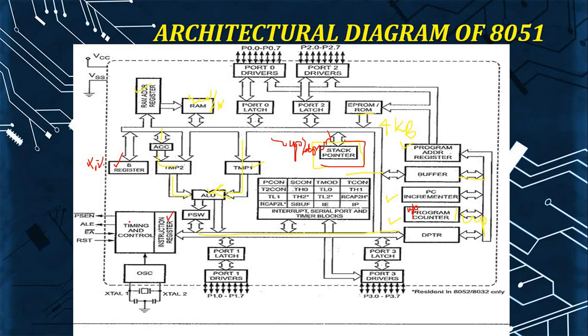What is this timing and control unit? To perform a task in a given timing, we need a timing and control unit. Also the pins for external access enable and address latch enable will perform tasks during external memory access. Whenever data is accessed from the external memory unit, these pins will be enabled. And we also have a reset pin. For every 1 microsecond, this microcontroller will reset its circuit.